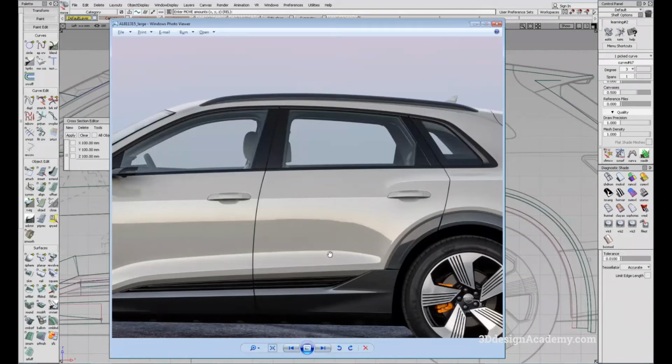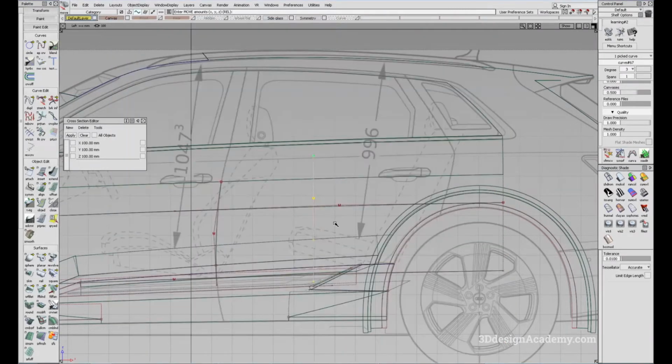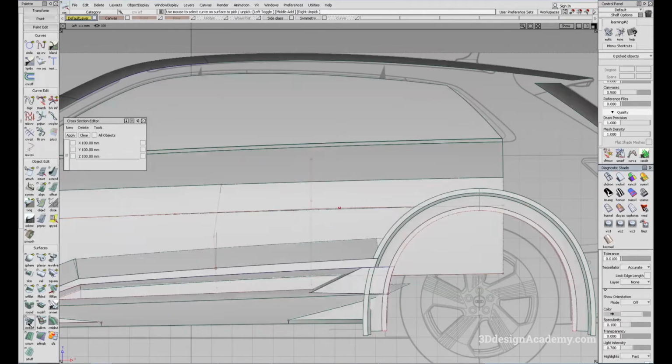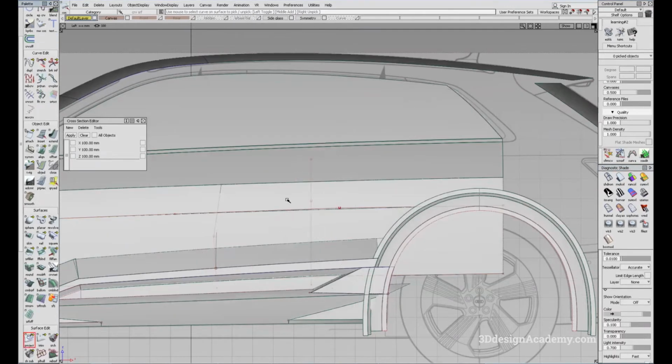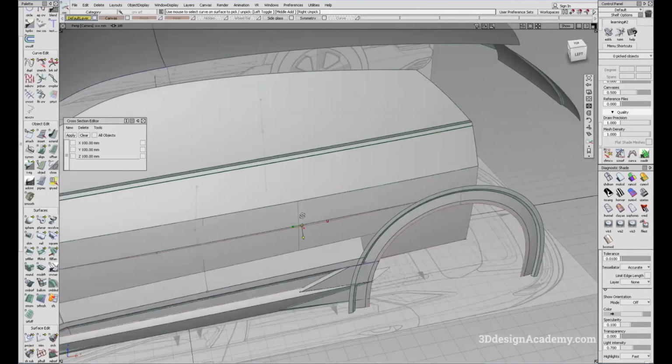Actually, maybe this is a better indicator. So it looks like, yeah, I think this is not bad. Maybe just a little bit to the left. Okay. So let's see. I'm going to project the curve straight on here,